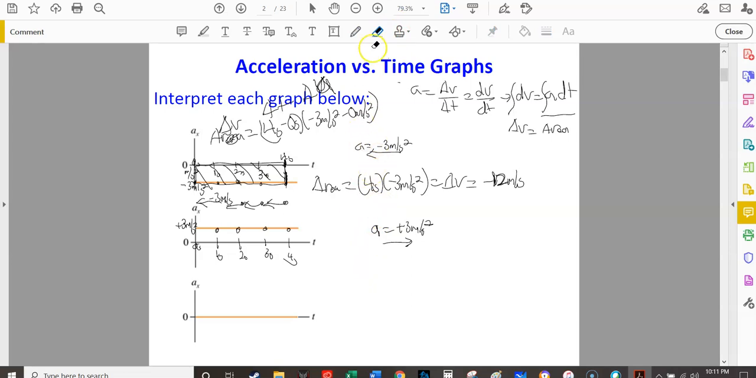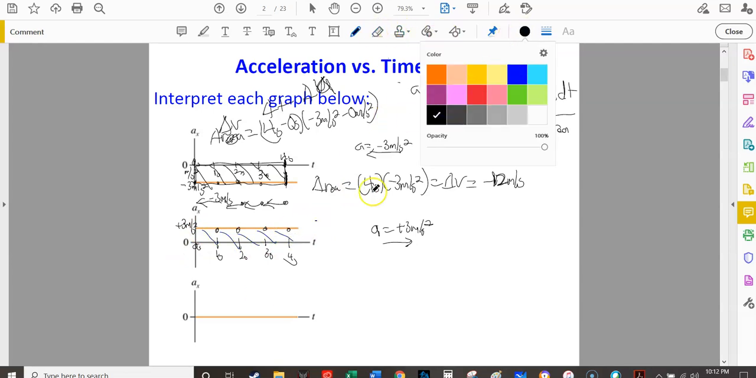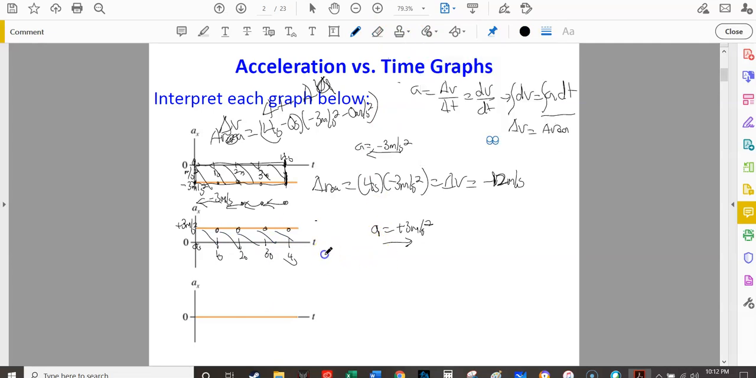I want to make it the same size as the other one. Okay. And then what we could say from the area under this curve here, so this area here is actually going to be a positive 12 meters per second. Okay, so again, that delta V right here is going to be the area under that curve relative to the 0 meters per second squared part. So I'm going to now do an integral, and this is going to go from 0 seconds to 4 seconds, and that looks like a positive 3 meters per second squared